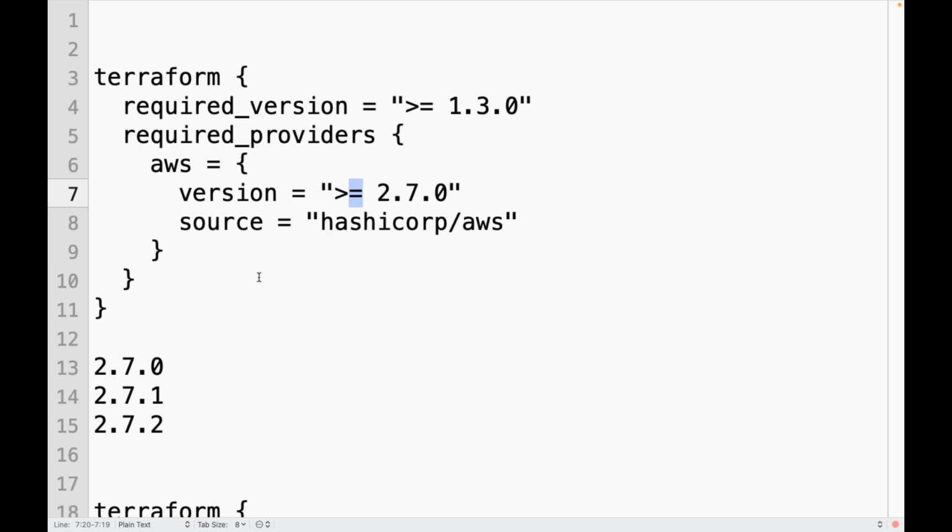Suppose you are using this version of the provider, also fine, this version of the provider, also fine. But let's say if you say exactly like this, it is always going to download this one.